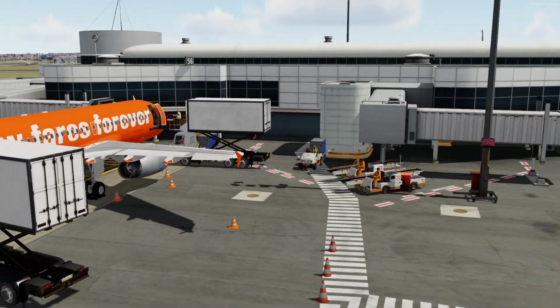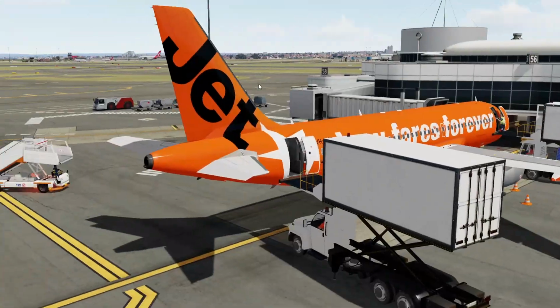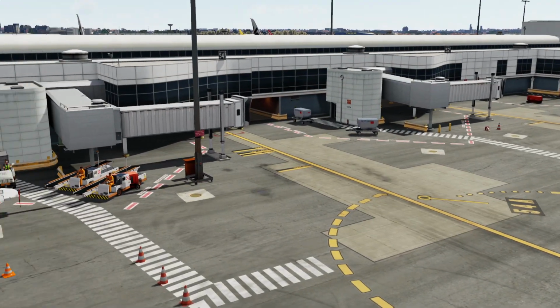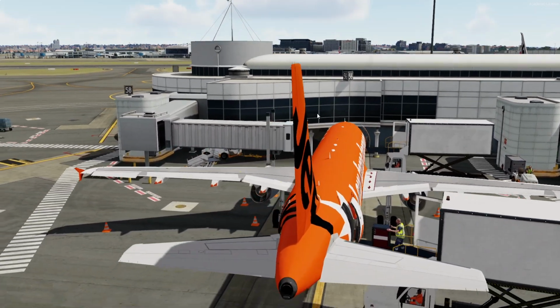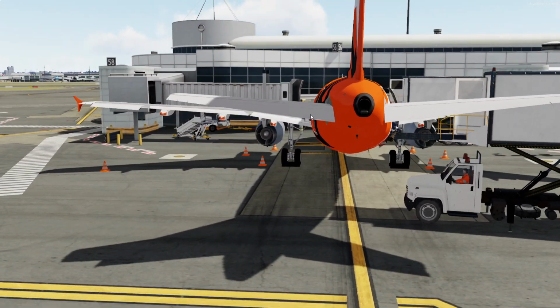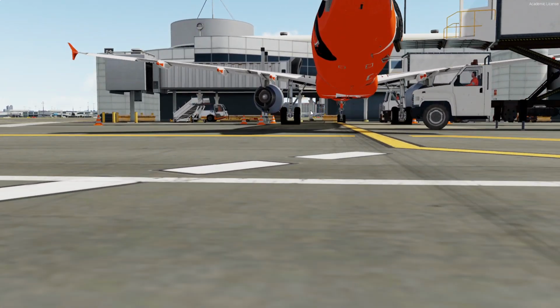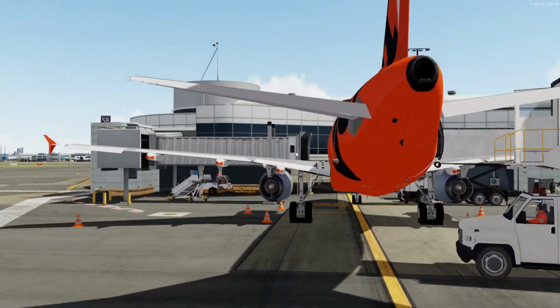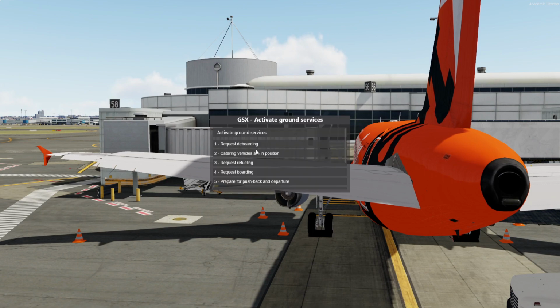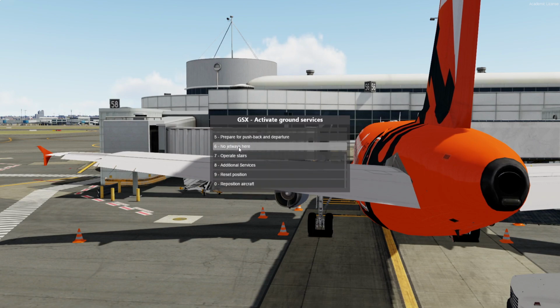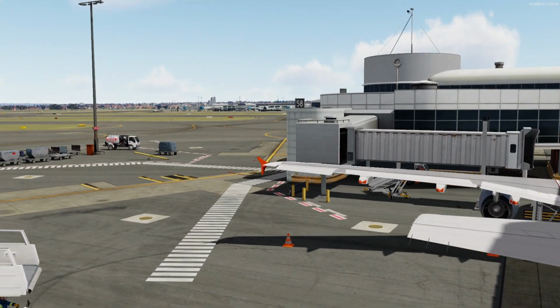Unfortunately, I have no idea why the Jetways doesn't want to work today. I've reinstalled it like 3 times and deleted the files, but unfortunately it still doesn't want to work. So yeah, the Jetways doesn't work. I tried Control J, doesn't work, and it says that there's no Jetways here. So yeah, anyway,